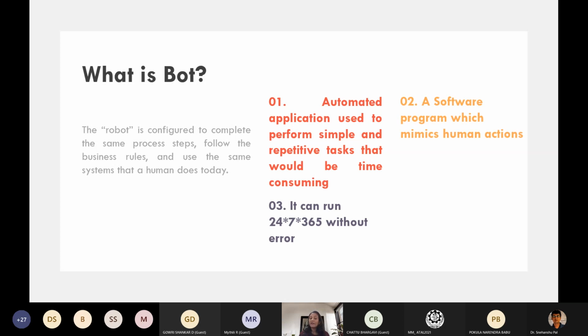Next is that it can run 24/7, 365, which means that it can run for long hours without having to take a break. There is no requirement for the bot to take a break. It can keep on going. Like our computer systems, there are so many servers which are running for years. We need not stop them, so they keep on working. Again, a bot is also a machine. It can keep on running for a very, very long time, and it can do the required task